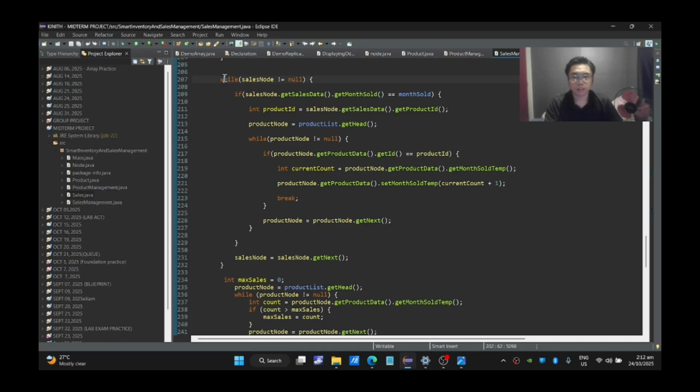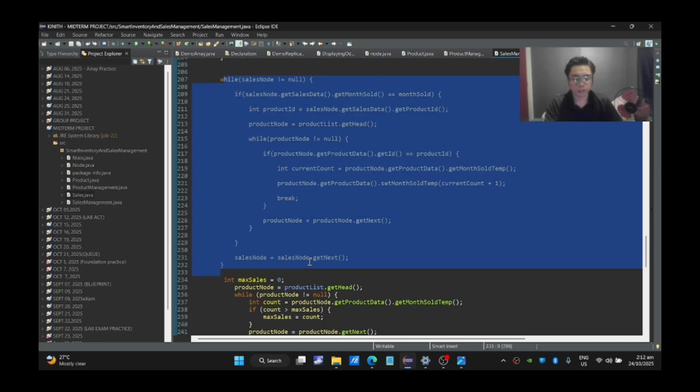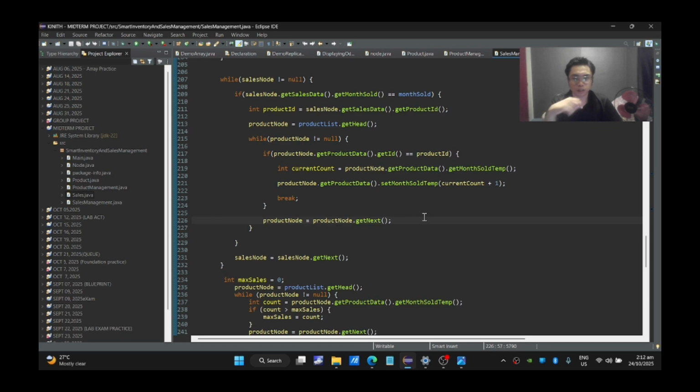And then this line of code here loops over every sales record in our list, and if the sales month matches the month sold parameter, it finds which product that sale belongs to by comparing it to the product ID, then it adds one to that product's month sold counter, which will count how many times the product was sold in that month.